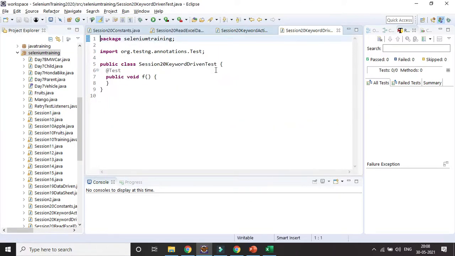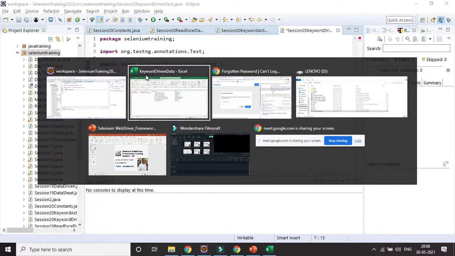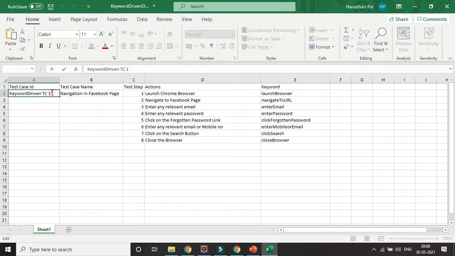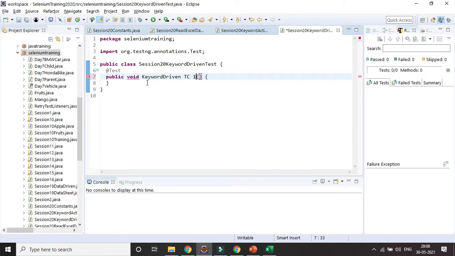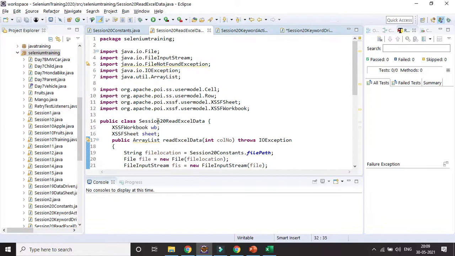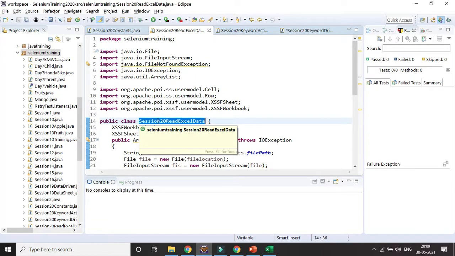Okay. So for the first test case you can give the name. Suppose for what is the test case name I have given, I can maybe use that one, right? Test case name I can give for the first test case. So definitely it will be small and no space will be there, so that you can have a sync directly. Okay, and here I need to create an object, for instance, for the class which I will be reading.